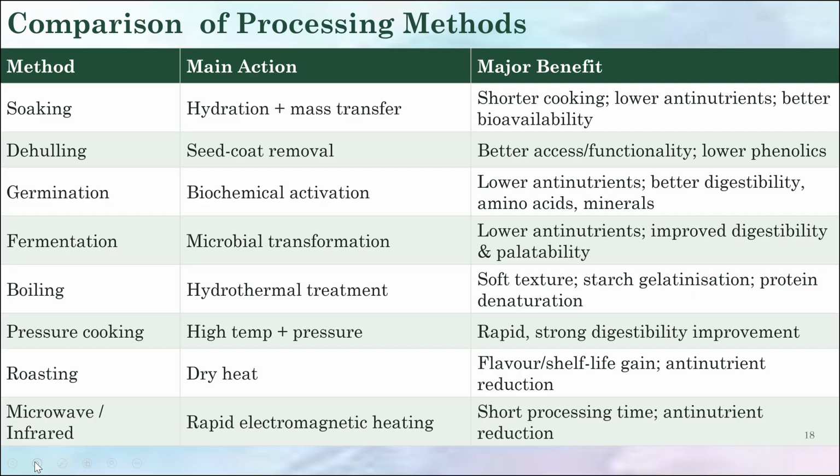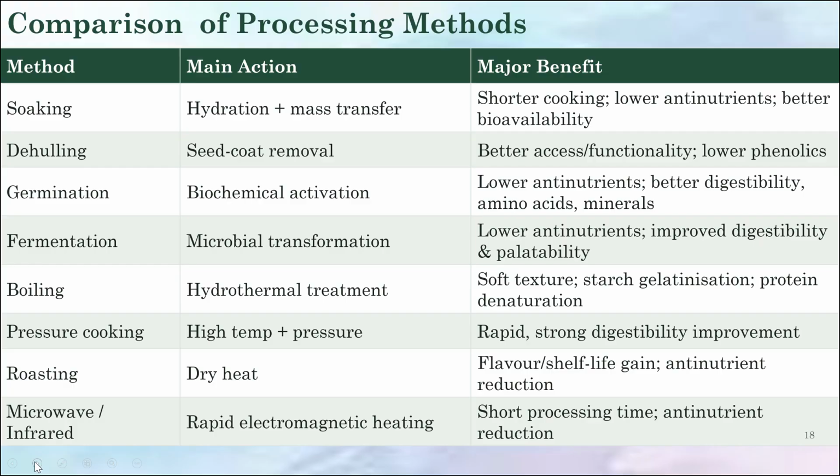So the different processing methods and the benefits. Soaking: the main mechanism is hydration plus mass transfer. It will shorten the cooking time, lower the anti-nutrients and give better bioavailability. For dehulling, the seed coat is removed and better access and functionality are attained, and it lowers the